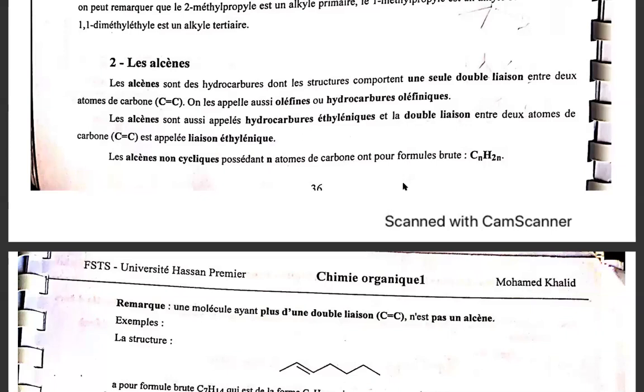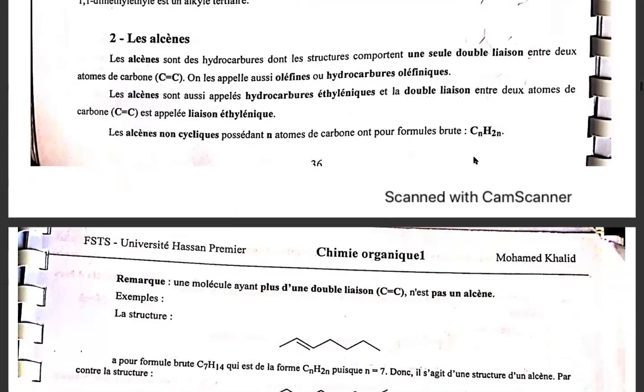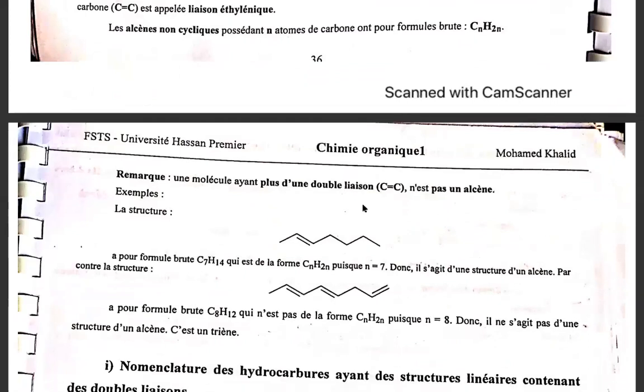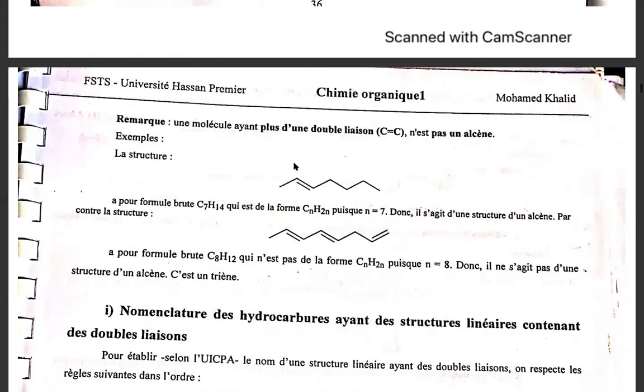Then the simplest bonds are pi and sigma. So the general formula for alkenes is CnH2n, according to Organic Chemistry for Zombies. Then we are saying a molecule having more than one double bond is not an alkene. So if it is having more than two bonds, it's considered to be under the family of alkenes, but now